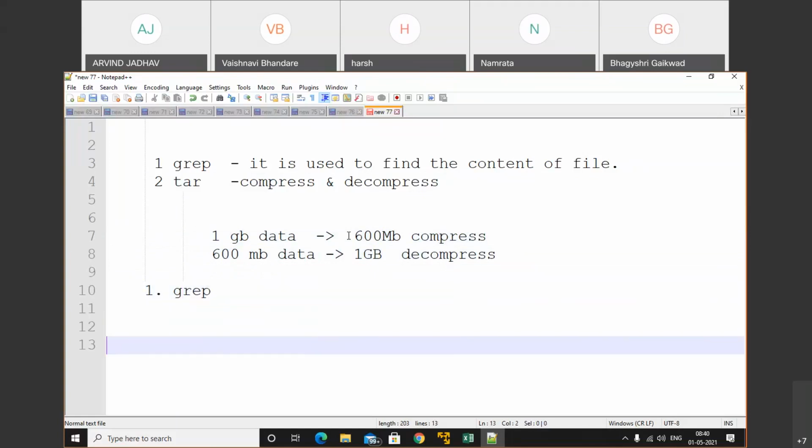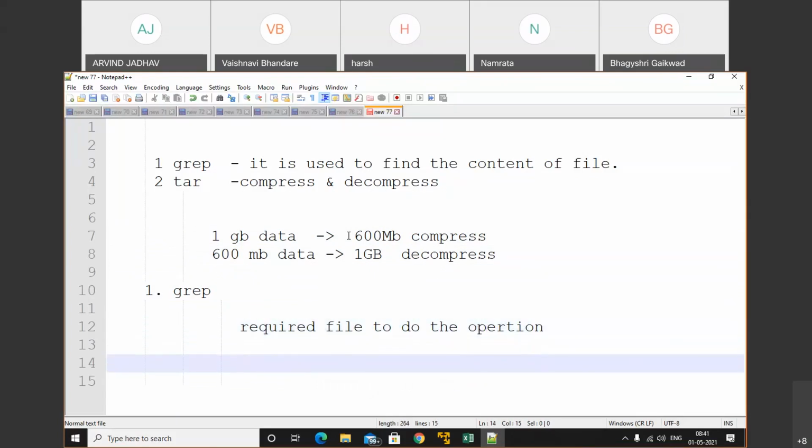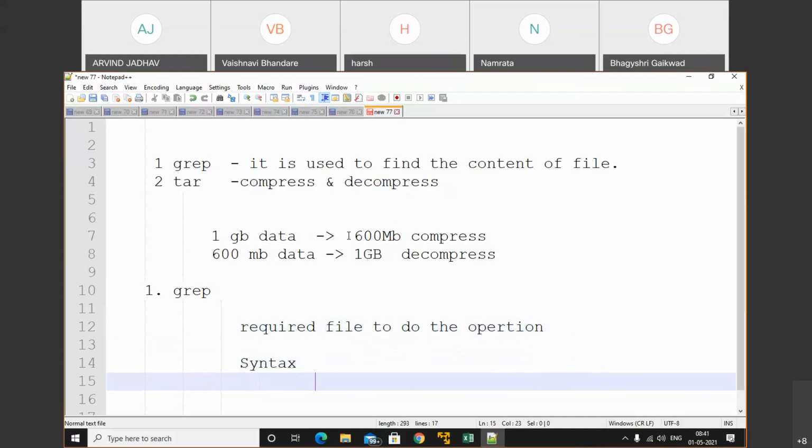So in grep, if you want to use it, we require a file. What is the prerequisite? A file is required to do the operation. What will be the syntax of the grep command? Simply here I will use grep. After that, which word you need to search?